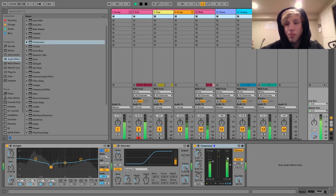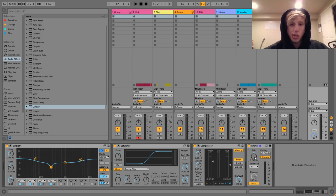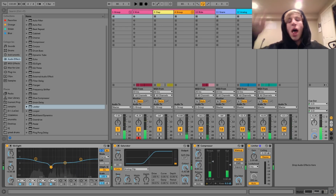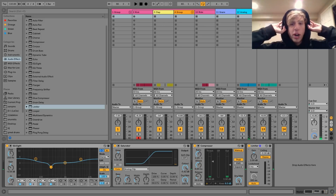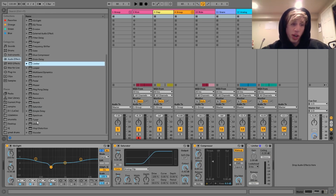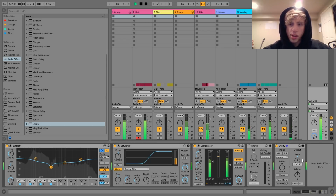So from here, what I like to do is look at the master and see where it's hitting. And you can see this is hitting at about -2. So what I'll do here is grab a limiter and just boost it 2 dB. And now you can see it's hitting at basically 0. It's at -0.30, but basically 0. And so what we've done here is use this limiter to bring the volume up. And the reason I'm doing it with a limiter as opposed to a utility, because I could just grab a utility and boost the volume 2 dB with that, is you can see